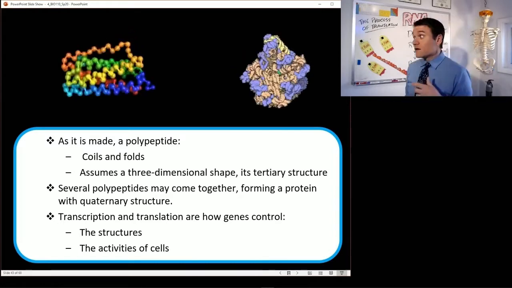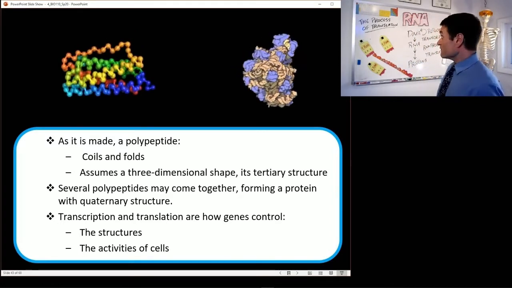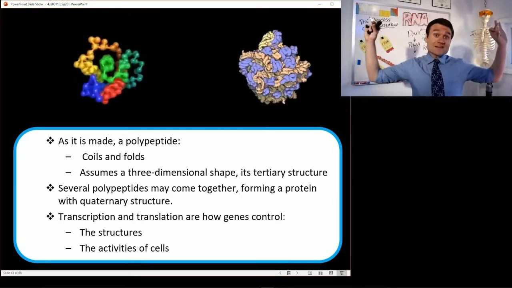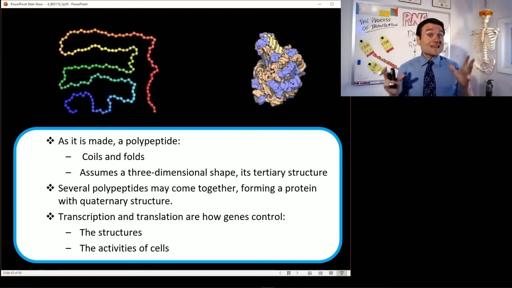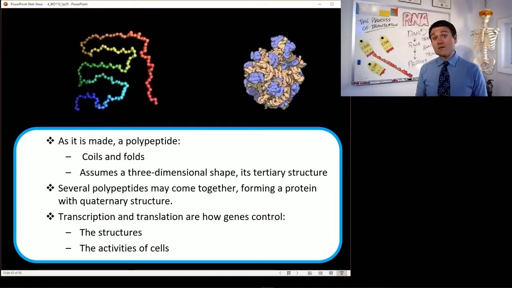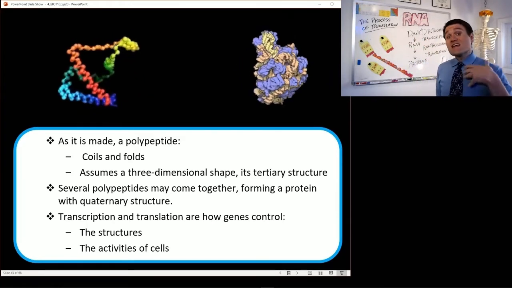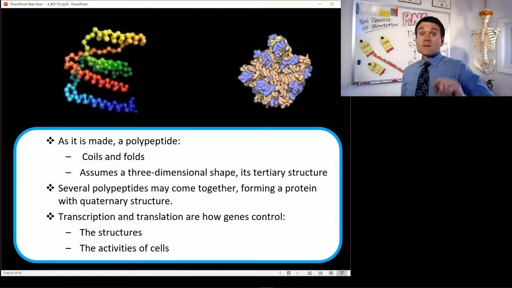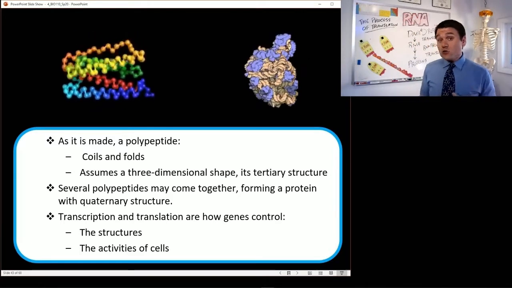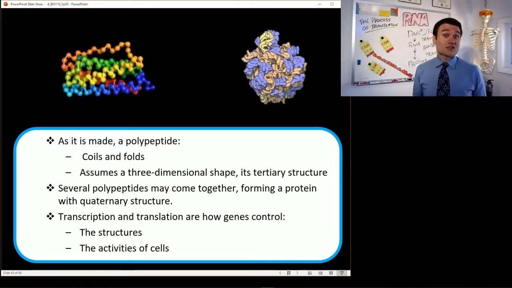So controlling these mechanisms, transcription and translation, is how the cell can control its own metabolic functions and its own development. Now, one thing that you should get from all of this is that the original DNA sequence at the very, very beginning is important. It's incredibly important to what that molecule is going to look like at the end. If you change even one base of that DNA molecule, you could change what that ultimate protein looks like.